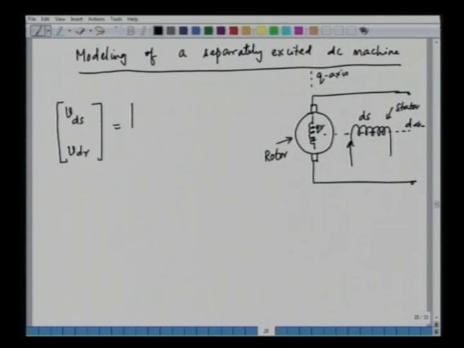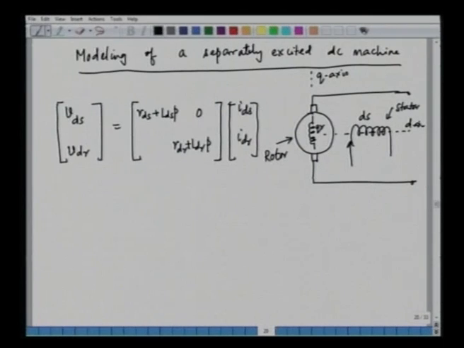That is equal to, we have to write down the impedance matrix, and the currents are IDS and IDR. All right. So, we can write down the equation here that VDS equals RDS plus LDSP, and this is 0, and then we have RDR plus LDRP, and the rotor, as we have already seen,